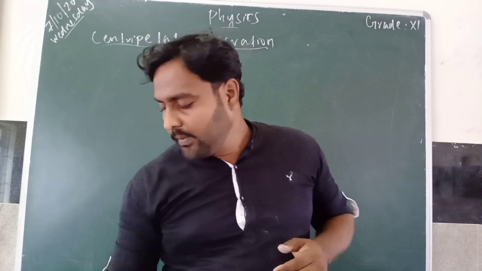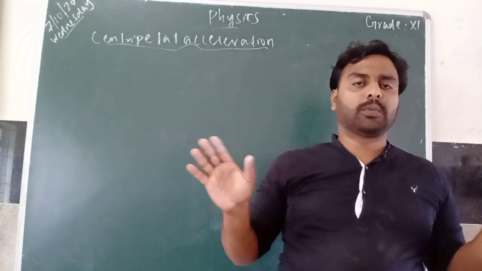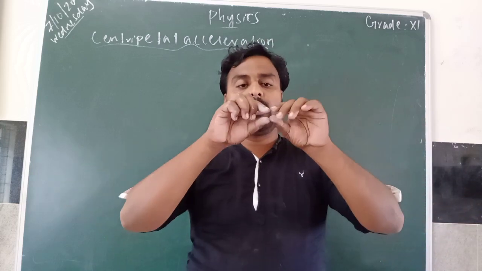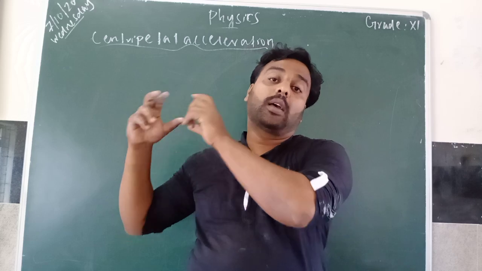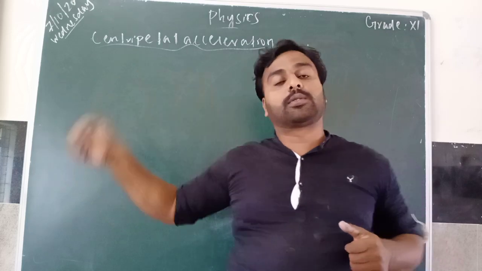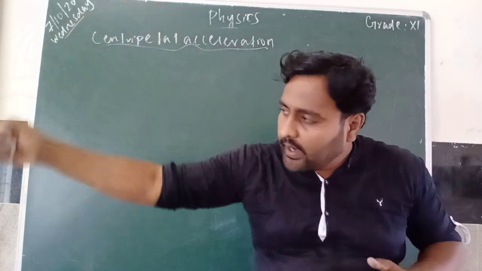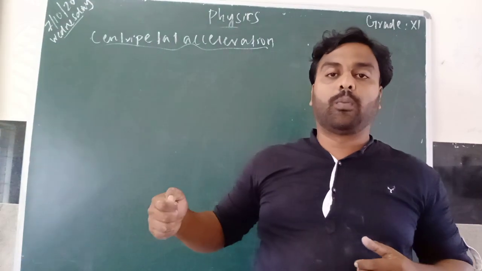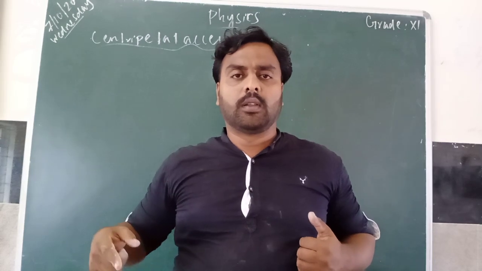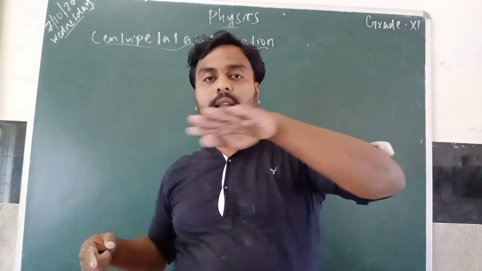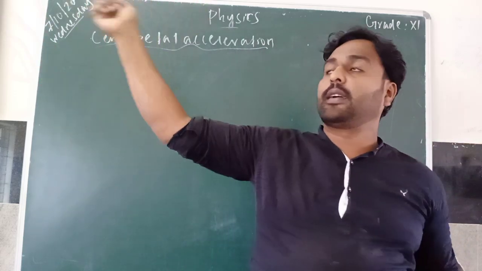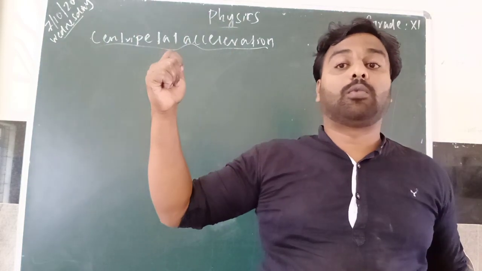Assume that we all have this practice: taking a rope and tying a stone at the end of the rope. Then we just rotate it. When we rotate this rope, you can see the stone moving in circular motion. When we were children, we used to do this. So when we rotate, we can see the stone moving in circular motion.